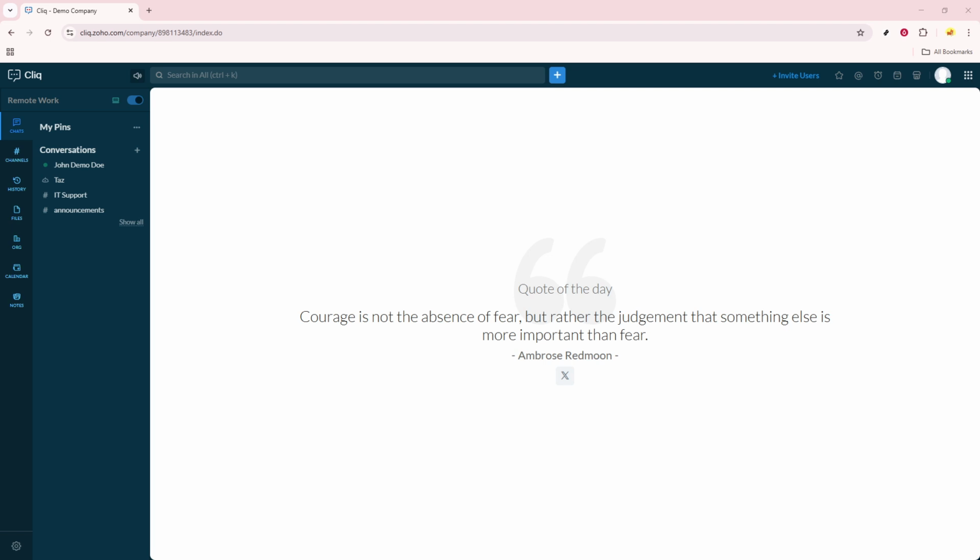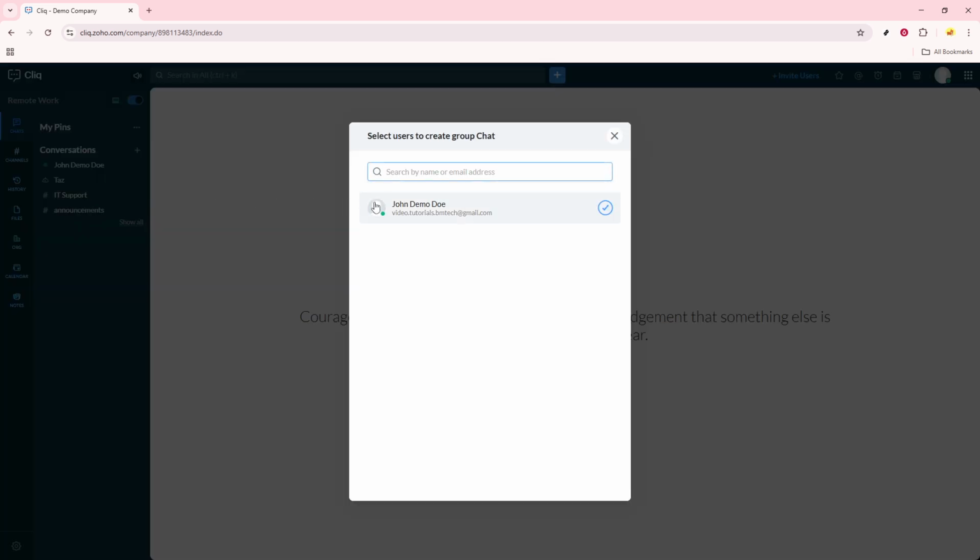Next, you'll want to locate the Quick Actions icon, which looks like a small plus sign. This icon is conveniently located next to the search bar. Give it a click to reveal a menu of options. From this menu, you'll select Start a Group Chat. This option is specifically designed for creating new group conversations, meaning you're on the right track to connecting with multiple